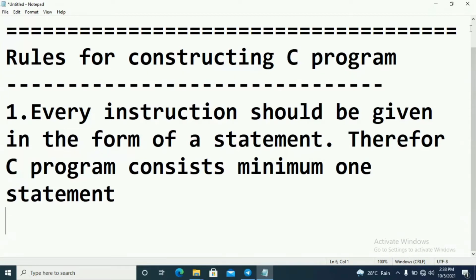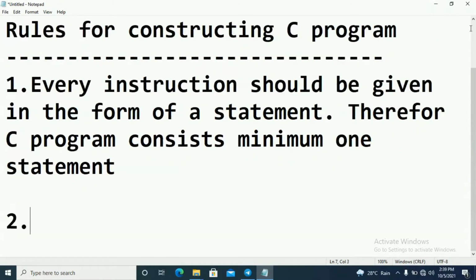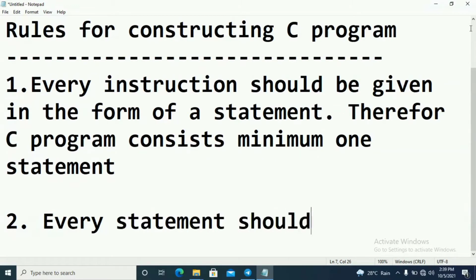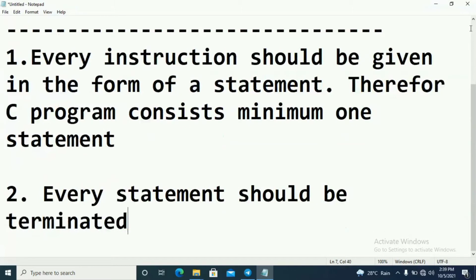Second point, every statement is terminated with a semicolon.